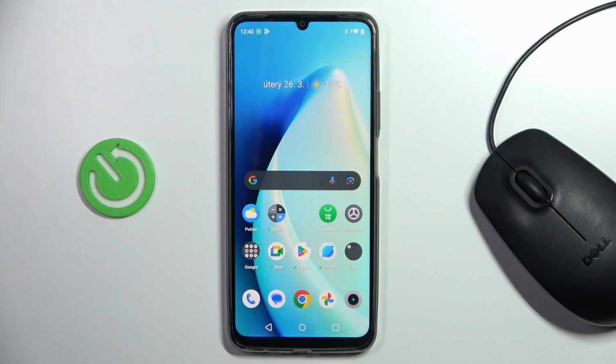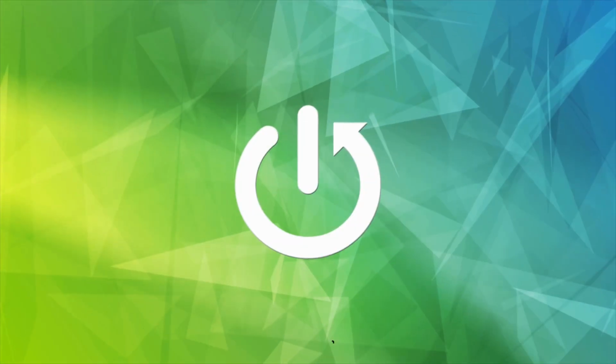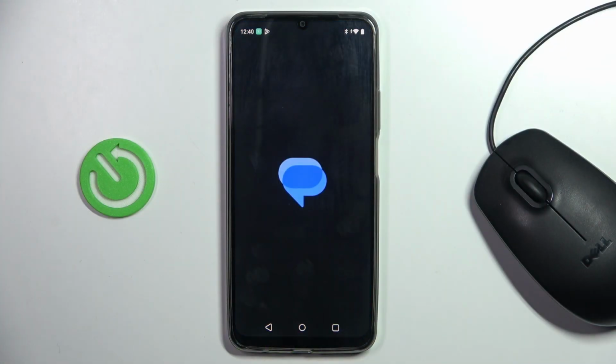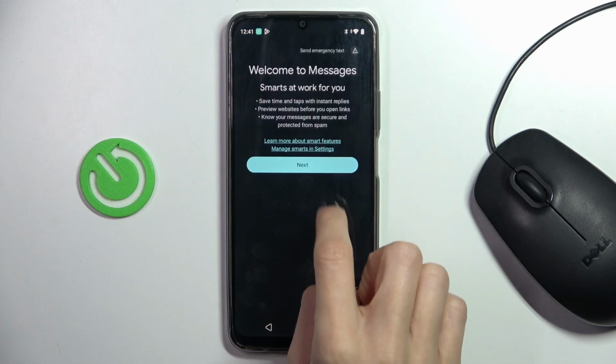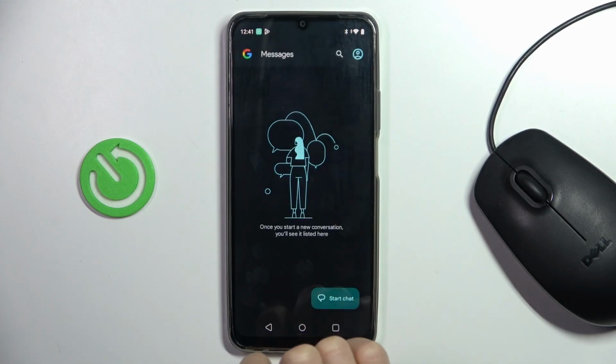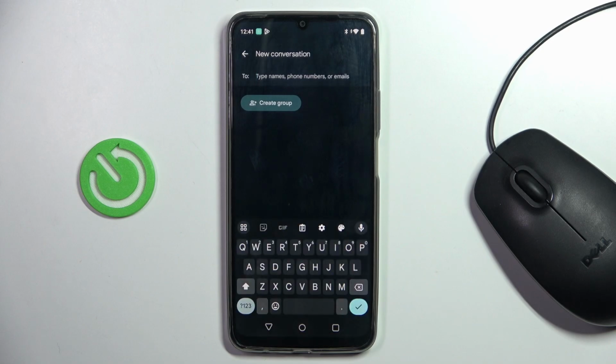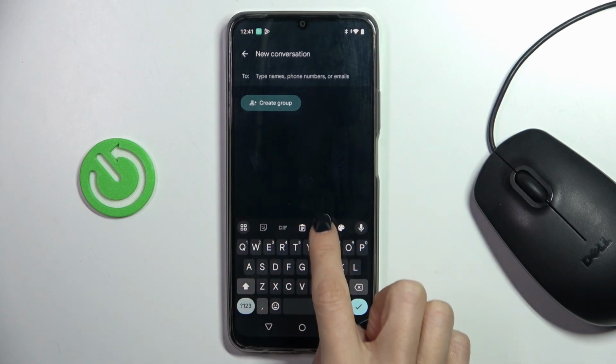Morning guys, in front of me is REALME Note 50 and let me show you how to change keyboard language. First, open new message or any other area where you've got access to your keypad. So here it is. Here you've got it. Now tap on settings icon,